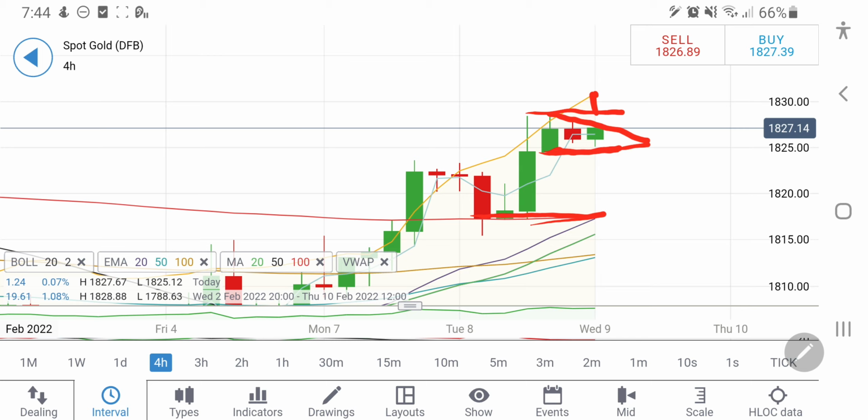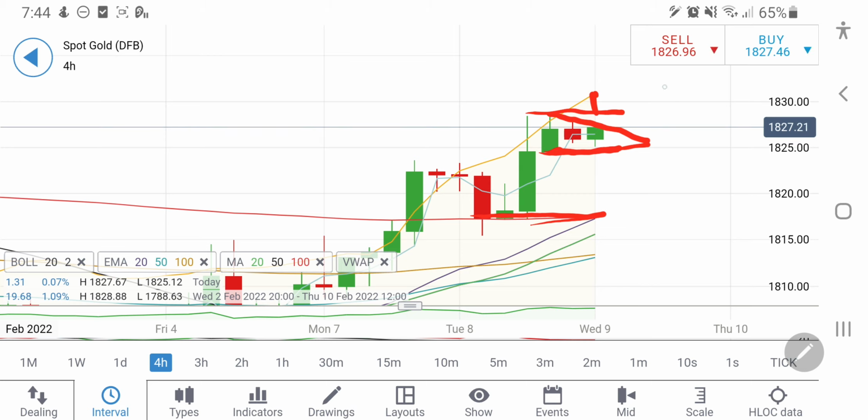Remember, we have not to stick to our bias but trade as per the levels. So till the time it remains today above 1824, one can remain long. One can expect it to give you an extremely bullish move where you can expect gold to achieve 1830s levels. 1835, 1838 can be expected. Now this is on the 4-hour charts.